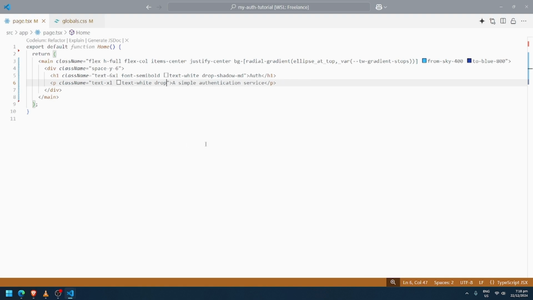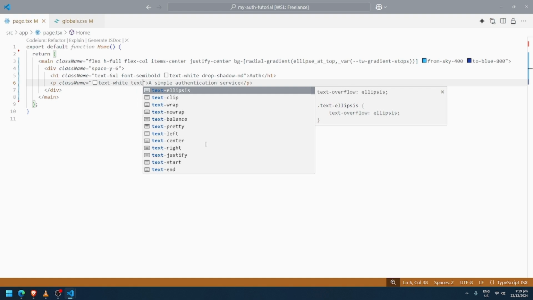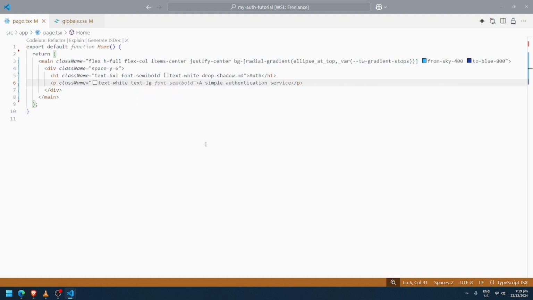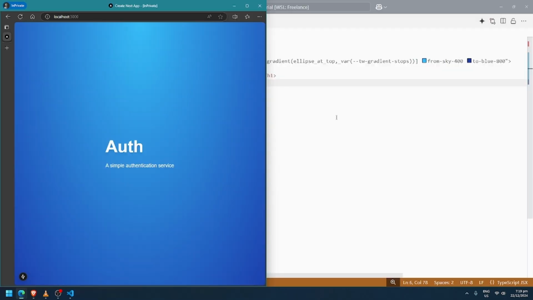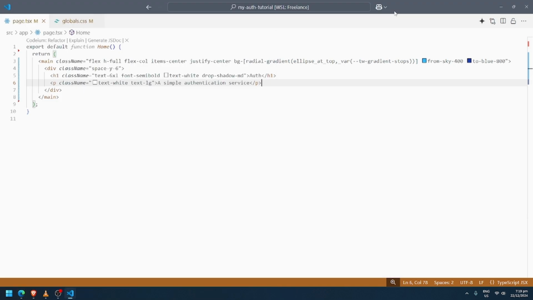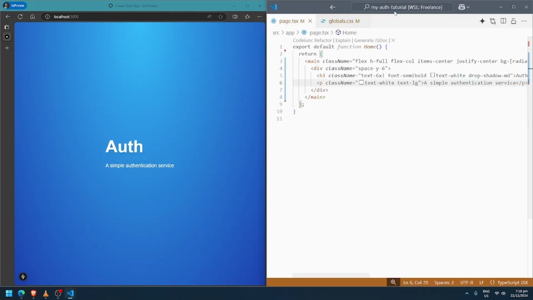Let's remove this drop shadow, text white. Let's remove that and text LG. Alright, so I'm going to move that there and move there so we can see side by side.